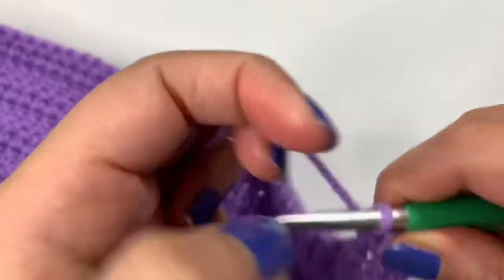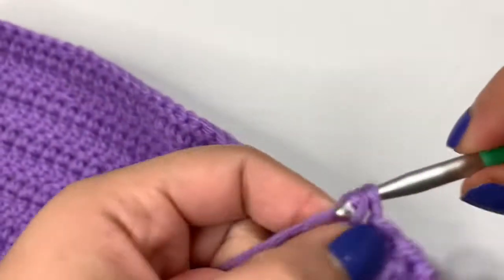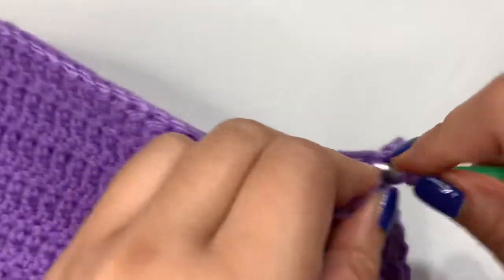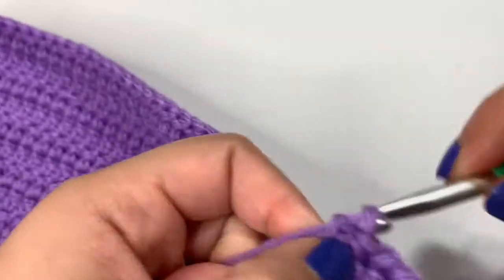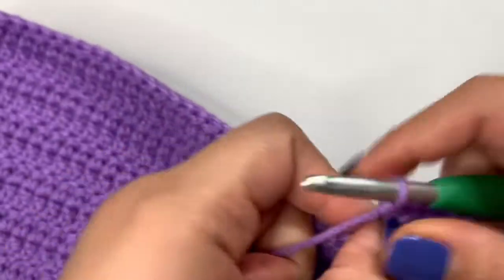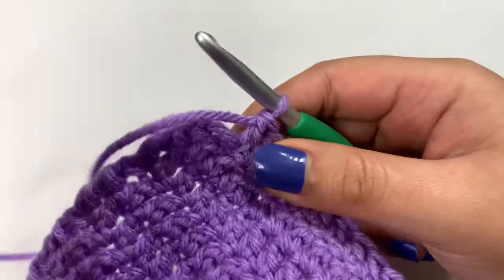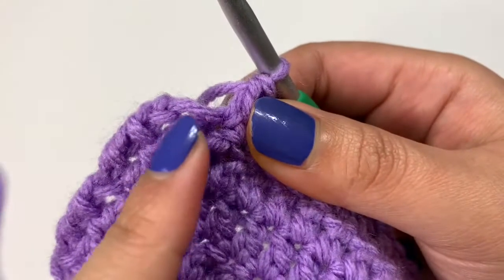Now what you're going to do is, like I said earlier, just double crochet until you get to the second to last stitch, because in that second to last one, we're going to do an increase, and then we can move on to row 2. So I'll just keep double crocheting until I get to the second to last stitch, and then I'll be right back. Okay, so I made it to the second to last stitch, which is this guy right here,